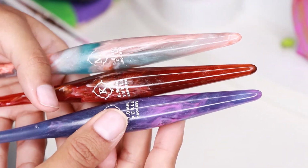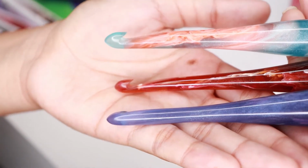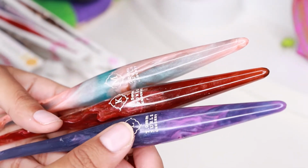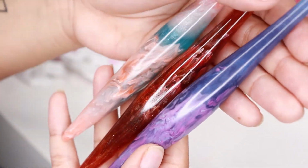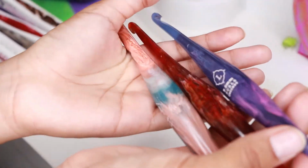That's what they look like there. So beautiful. Oh my gosh. Look at those. Wow. There's the back sides of them. So gorgeous. So gorgeous. And I have 2 more Furls hooks coming in, so I'll do my unboxing and some